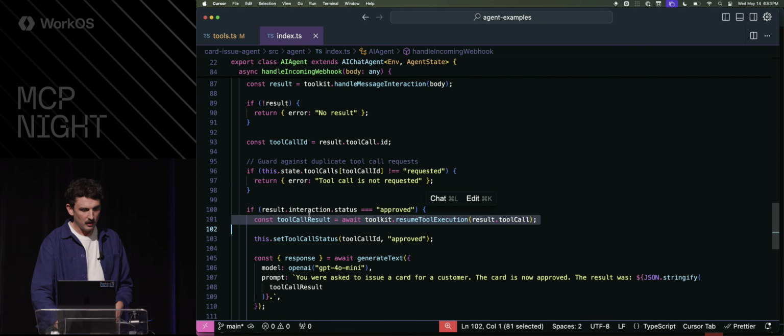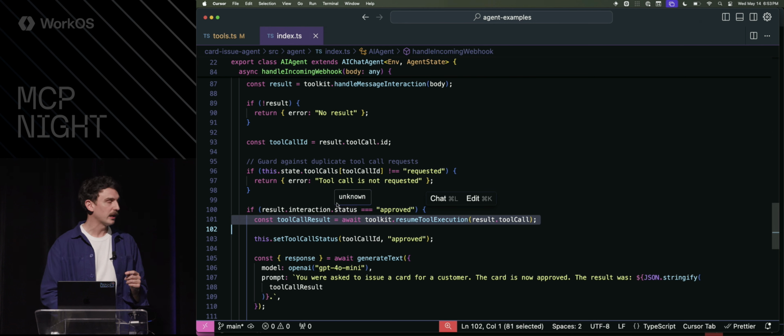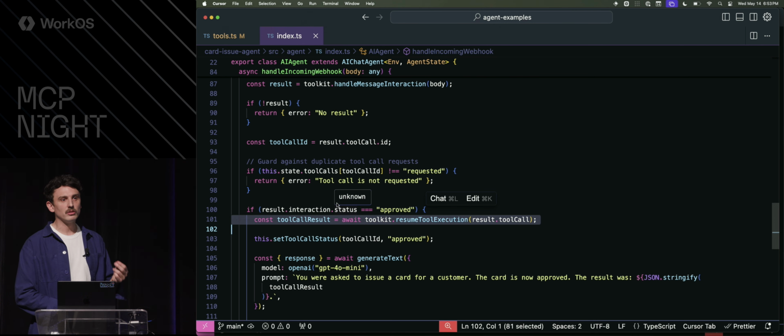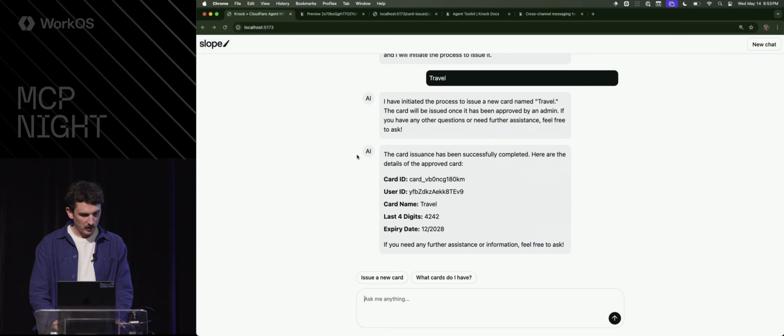Once the approval comes in, this is all coming in via a webhook, all powered by NOC's infrastructure. The tool call comes back, we execute it, and then we tell the LLM to continue. Nothing's blocking there as well. This is all available in our agent SDK, our agent toolkit. You can also use the agent toolkit to drive autonomous agent messaging, using those NOC workflows that I showed you. But just to show you the last part of this demo, if I jump back to NOC